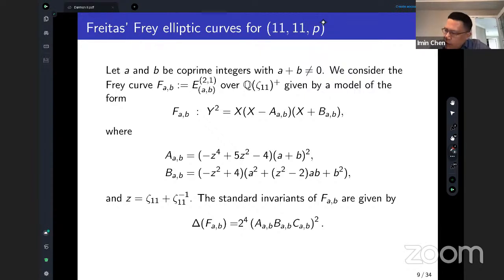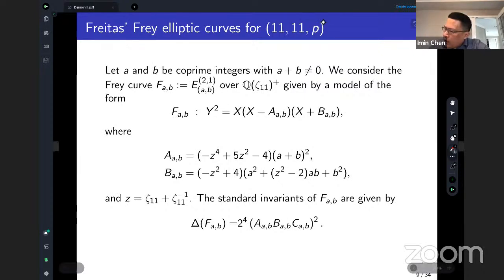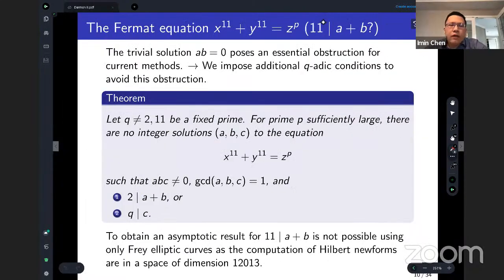But another feature is that this is the second type of Frey elliptic curve. And so the discriminant involves an a plus b. So it is sensitive to the solution (1, -1, 0). And if one tries to use this Frey elliptic curve,